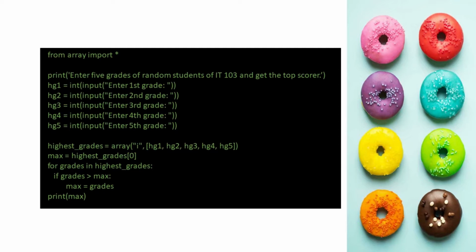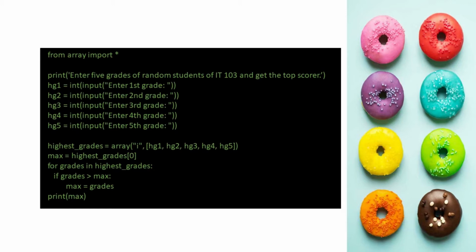Then the container highest_grades is equal to array('i', [hg1, hg2, hg3, hg4, hg5]).